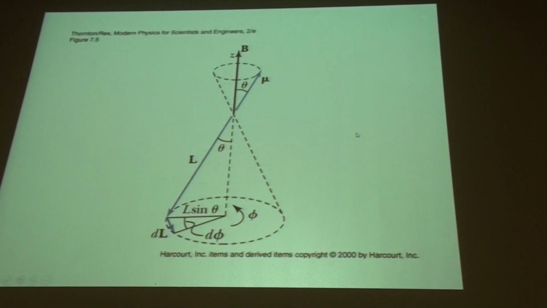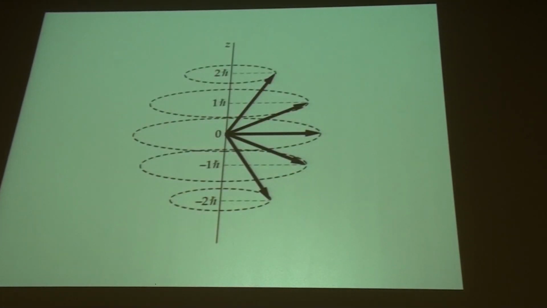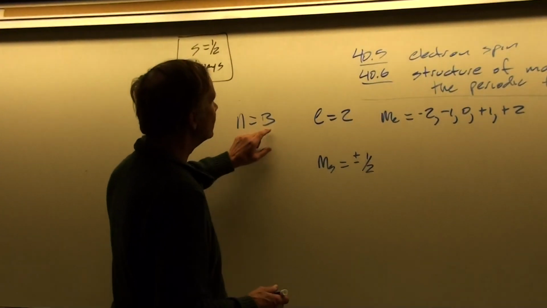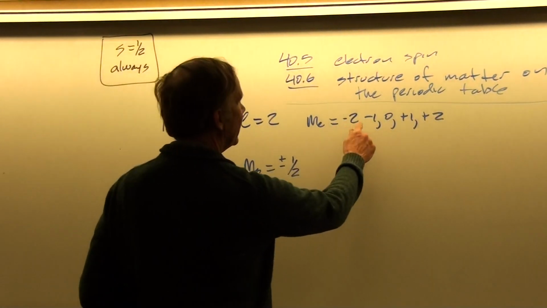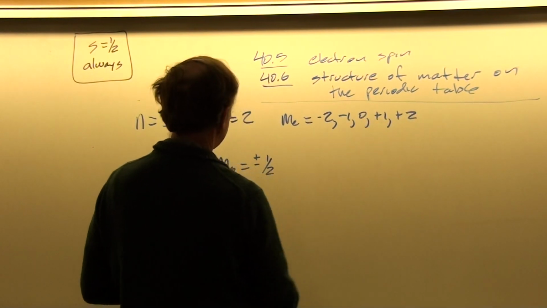Now if we go back to this problem, this actually corresponds to a completely different kind of orbit than what we've been talking about so far. Because here we can have 5 different possible configurations for the angular momentum quantum number. But remember that each one of those can be either plus or minus 1/2. And so this would be the case if n equals 3 and L equals 2. And so in that case, m sub L can be -2, -1, 0, +1, or +2.